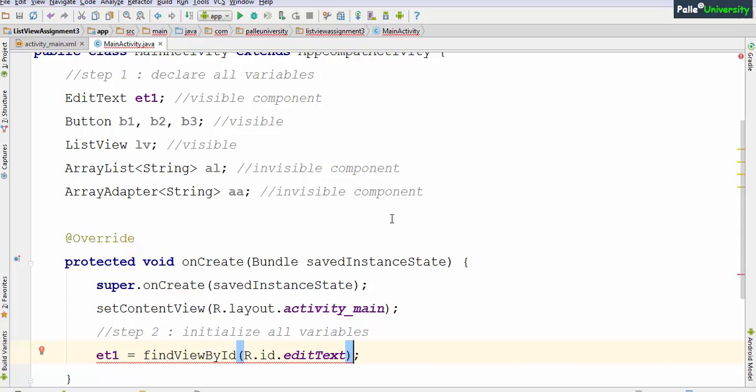By using find view by id methods if it is visible component, else use new operator for invisible components. Whenever error comes, use alt enter, it will show intelligence window. Then you can take help suggested by Android Studio.